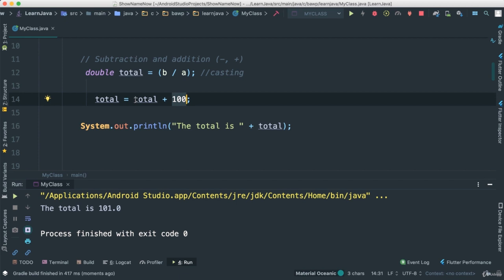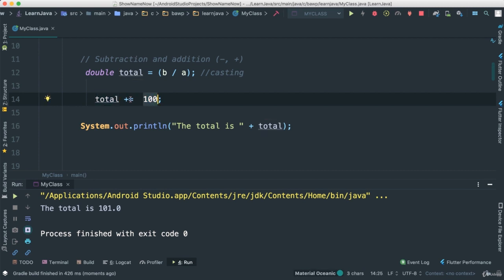I could have also said something like this, plus equal, we're going into bigger details here, like that. Save this. You're going to see the same results. So whenever you see this plus equal like that, all it's saying is that we're taking whatever is inside of this value and we're just adding 100 to it.